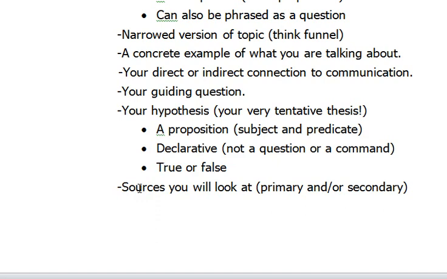Do I need to do a survey? Do I need to look at documentaries? Do I need reference books here? Do I need academic journal articles, that sort of thing? So I would like a quick list of that.